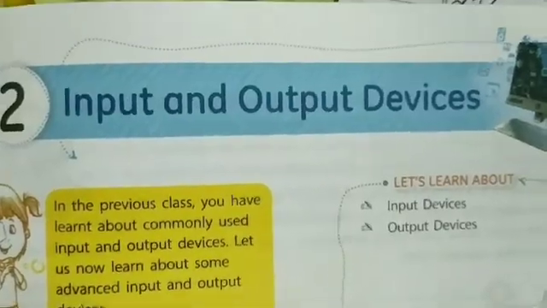We are doing revision of lesson number 2, that is input and output devices. In this chapter we have done revision of some exercises like tick the correct option, fill in the blanks, one word answer. Now today we will revise question answer of this chapter. So students, go through the video and watch it carefully, and after that I will give you some question answer to do, which you have to do and submit in your class group.